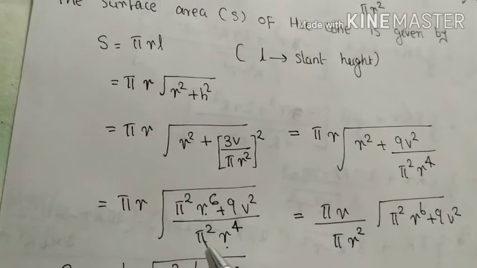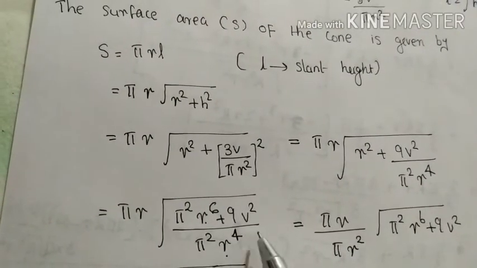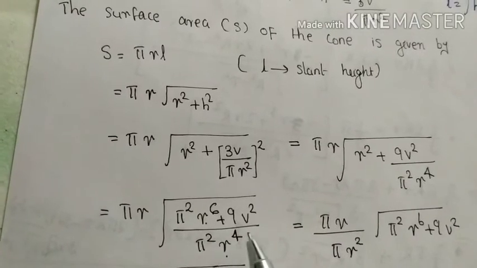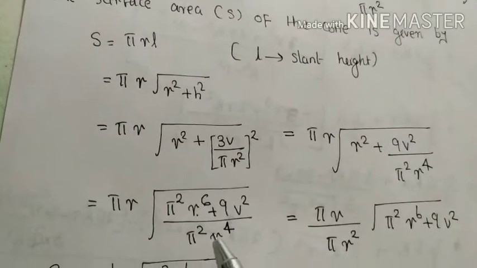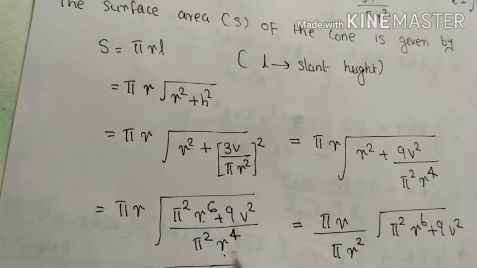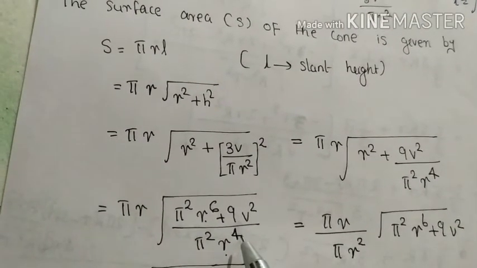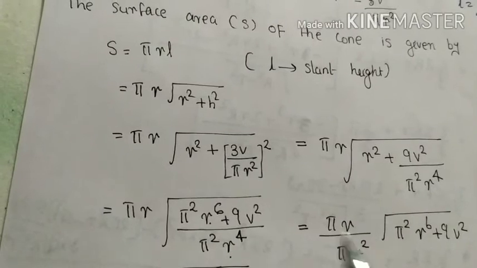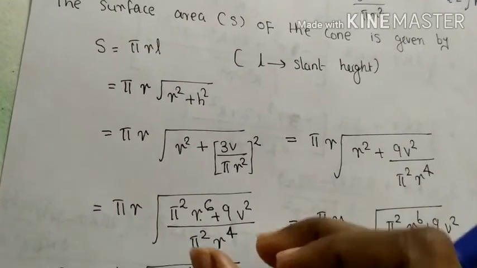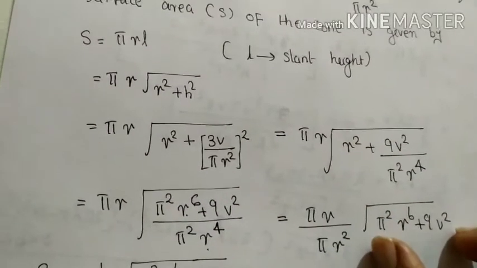So taking this pi square and R raised to 4 out from outside of root, we get pi square, root of pi square is pi and root of R raised to 4 is R square. So pi R divided by pi R square into root of this numerator will remain same,